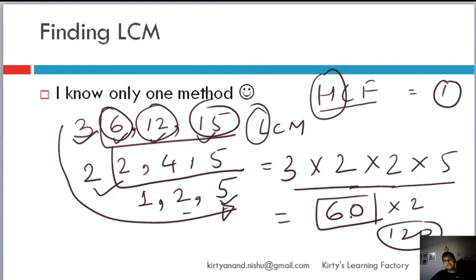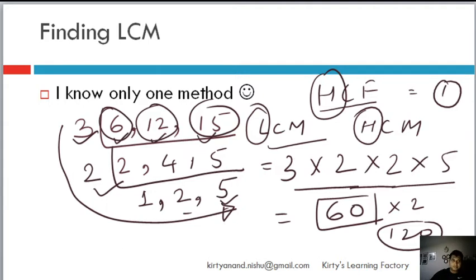So you keep multiplying 60, and you will continue to get larger and larger numbers which will be common multiples of all three. So there is no end, and hence HCM will not make sense. Highest common multiple will be infinity for all the numbers. Similarly, lowest common factor for all the numbers will be 1, which is why we don't find it, and therefore the concept is of HCF and the concept is of LCM. I hope this is clear, and then we will move forward and start applying it.